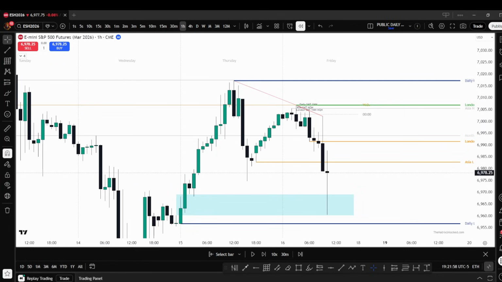Hi everyone. Today what I'm going to talk to you about is how to select high probability points of interest and how to look for a market to engage in. Just to clarify, I am a Nasdaq trader and here we have the ES chart. The reason why I'm going to show you the ES chart is for you to see how I see a high probability setup. Because I don't trade ES, I didn't take this trade, but there is something that I wanted you